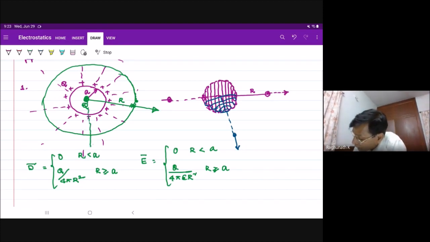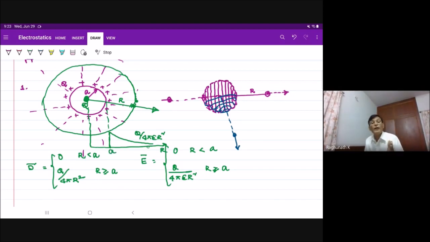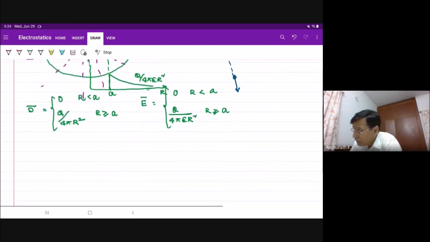If I draw the field intensity graph as a function of distance r, till a it will be 0. It suddenly increases to Q by 4 pi epsilon a squared, and later on it is Q by 4 pi epsilon r squared. This is a, r equal to a. For any r, it is Q by 4 pi epsilon r squared, provided that r is greater than or equal to a. This is number one. Number two,